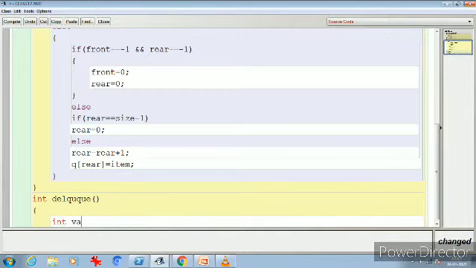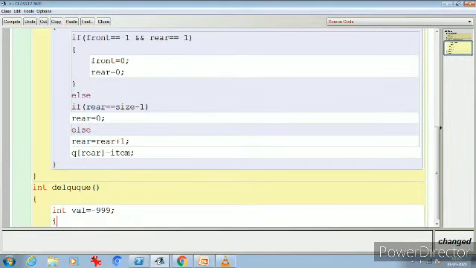Initially I am taking a variable val pointing to a minus value, and if the front is equal to -1, it means there is no element present in the queue.